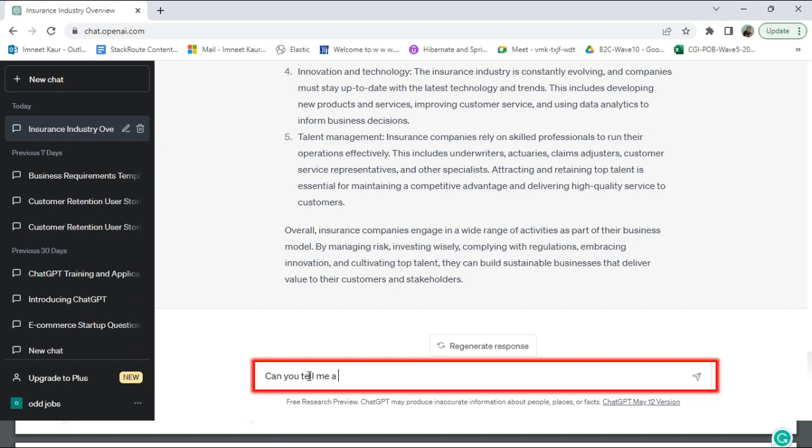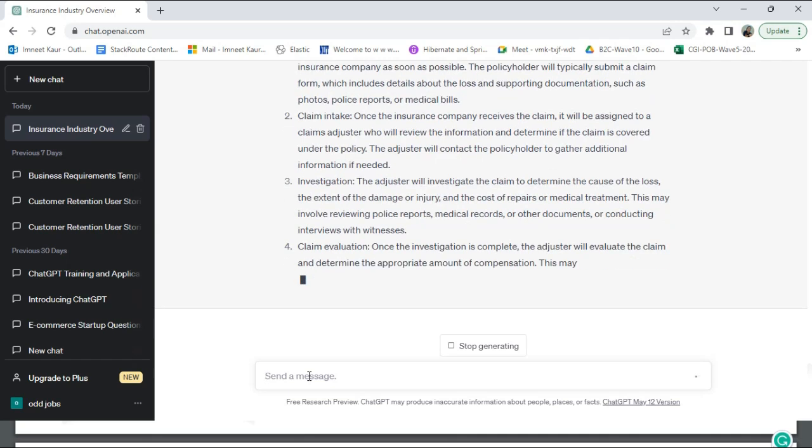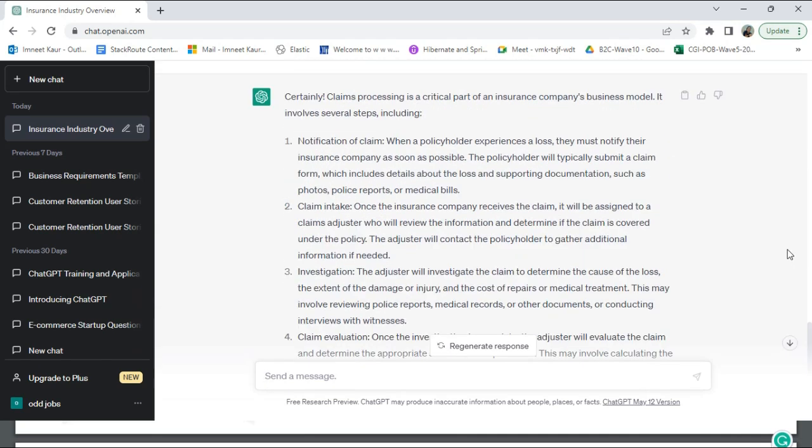Can you tell me a little more about what is involved in the claims processing process of an insurance company? And just hit enter. So now you can see the set of steps for claim processing. Very impressive. You can see ChatGPT has given us a detailed overview of how the claims processing works along with